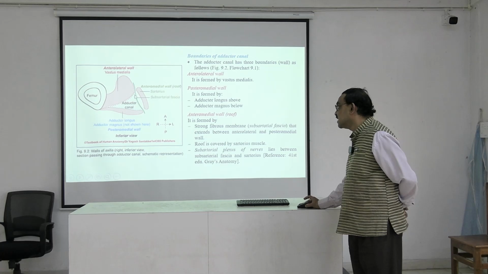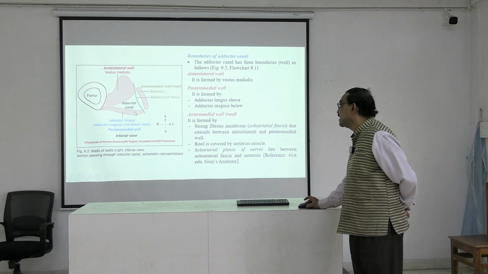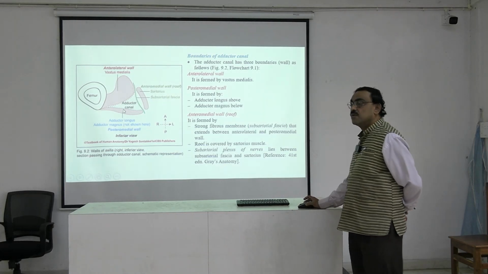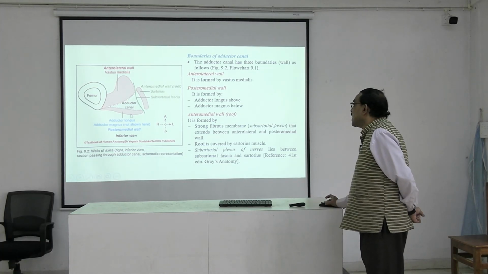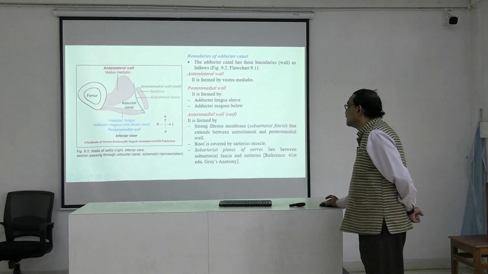So this is basically the subsartorial fascia, which extends from anteriorly to posteriorly. This extends the subsartorial fascia, and we get the triangular cross section of the adductor canal, okay. And just below the sartorius, within the subsartorial fascia, we get a nerve plexus